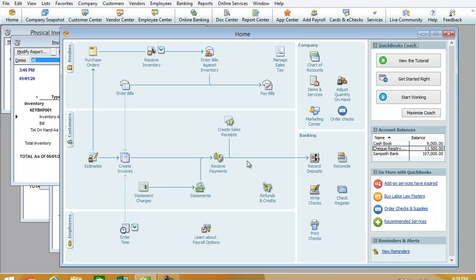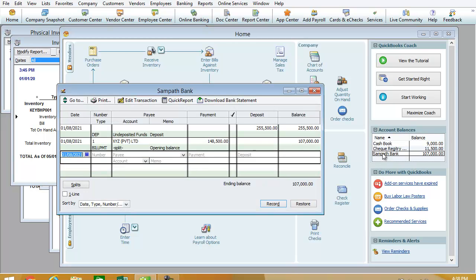The entry is posted. You can check your bank directly through the chart of accounts, or from the general ledger. Or with the account balances on your right side, it directly shows you. You can double click on Sambat Bank.